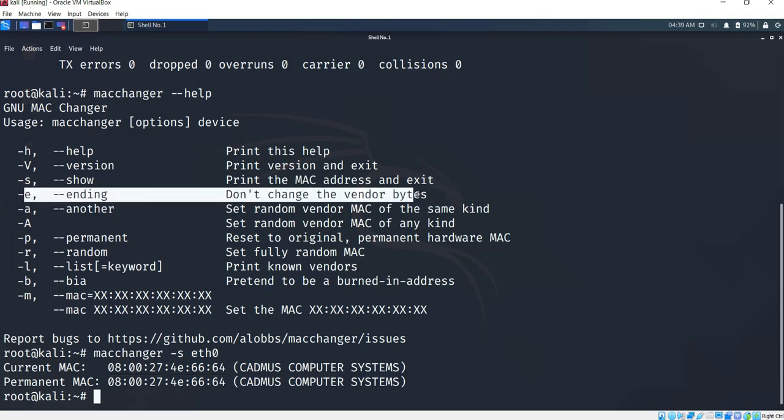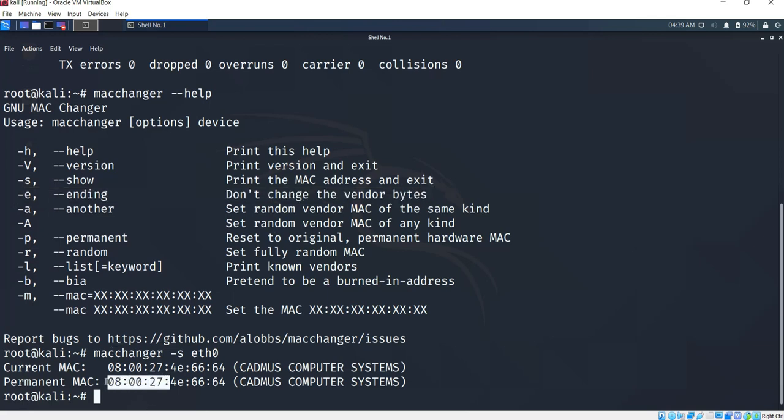So the next option is -e. -e means don't change the vendor bytes. Vendor bytes, you already know: the first three bytes are vendor bytes. This represents from where the MAC address is generated. So if you type macchanger -e, it will generate a new address for you, but the vendor address will be the same, meaning the first three bytes will be the same.